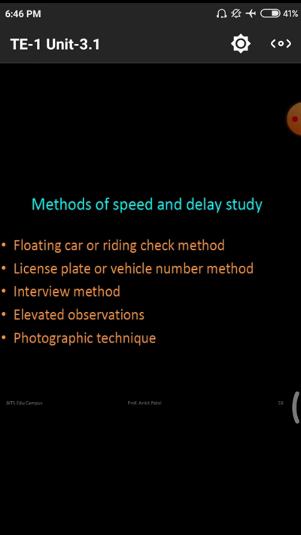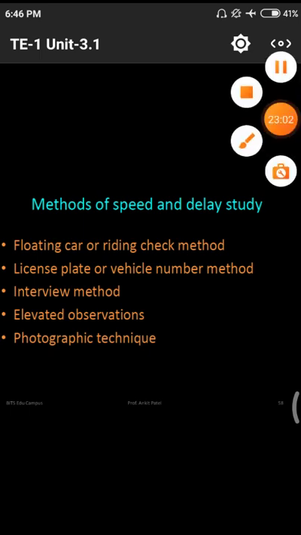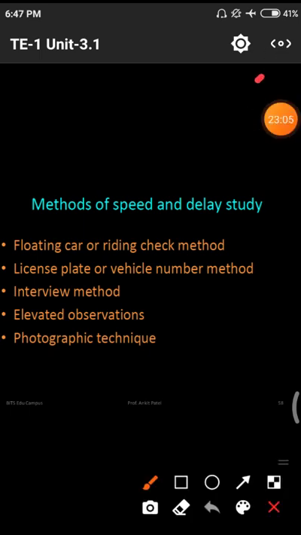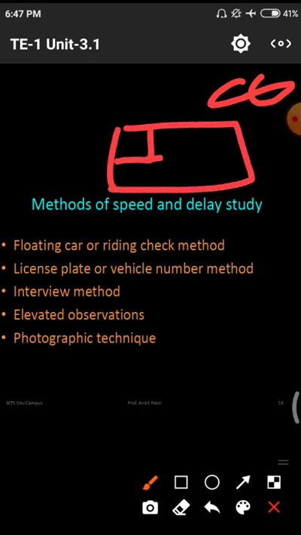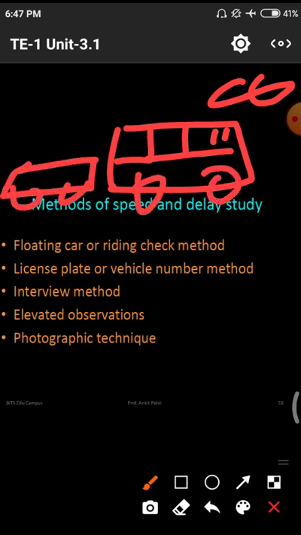Next one, elevated observation. Directly, one way we can show that there is a problem with a large span vehicle. After that, a small vehicle is surrounded by the large span vehicle. I will show that particular diagram. If this is the camera, and this is a large span vehicle, normally a bus or similar, and in front of the bus there is a small vehicle or auto, then this camera will capture only buses. In front of the bus there may be some rickshaw or auto, so that the rickshaw or auto is not captured. So we need to use these elevated observations.